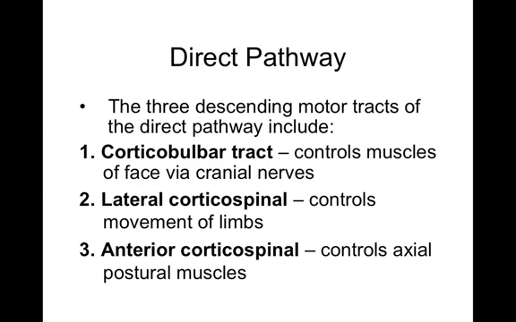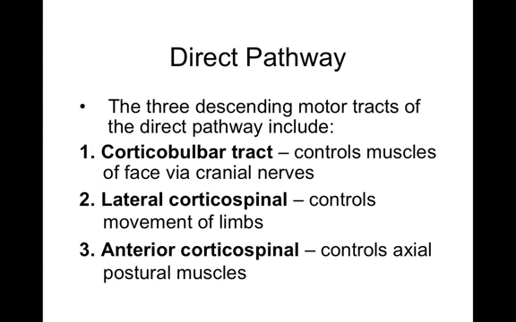So the lateral corticospinal tract controls muscles of your limbs, like when you're consciously using a limb muscle of some sort. And the anterior corticospinal tract, think anterior like axial. Axial is right in the midline. The anterior corticospinal tract controls axial muscles, which are involved with posture. Remember, the axial muscles involve ones of your trunk, like the